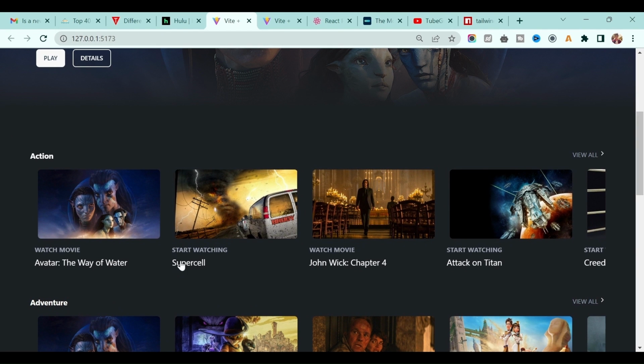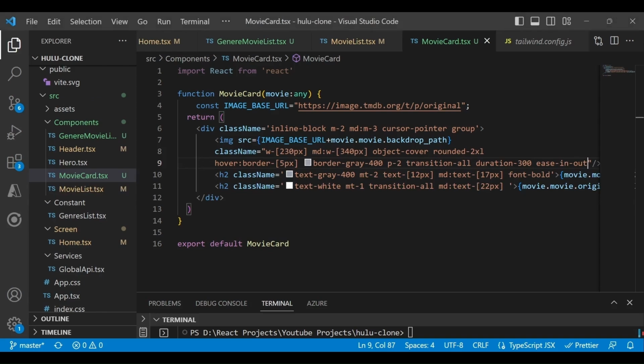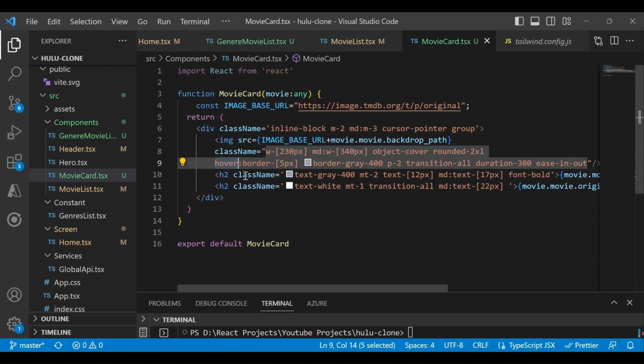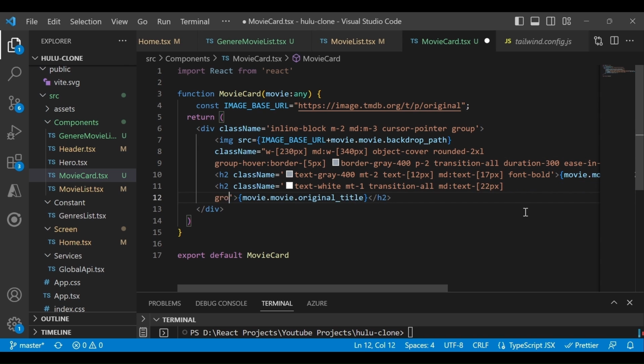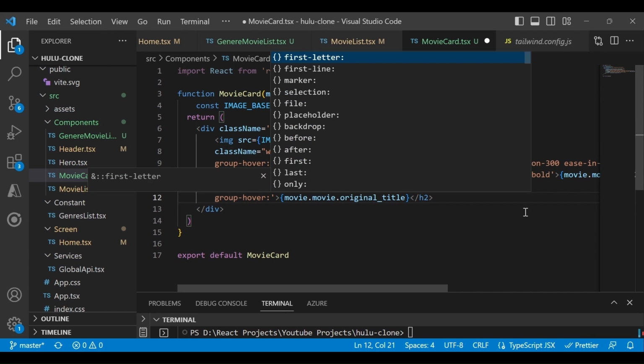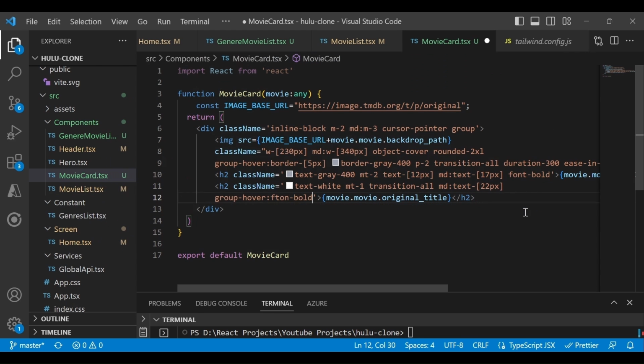Also I want to change the text as well, right? So as I told, we use the hover method, or also you can do the group hover effect. Now here as well, group hover, and we want the text to be bold.